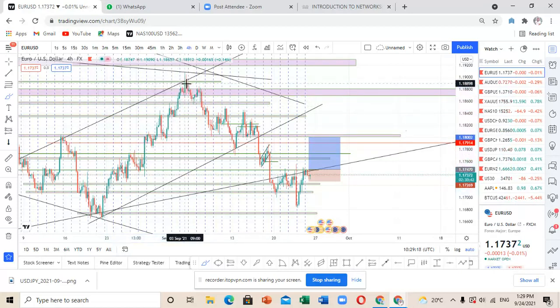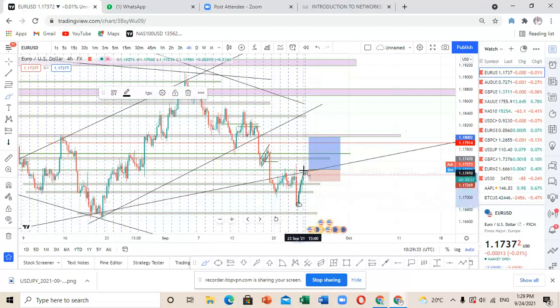So that is what we are expecting that the markets are going to do also at this particular region. So that's why you can see that I've placed in a long position, or rather a buy stop order, because I'm expecting that when the markets came from this particular area, the market rose to this point of resistance. Since it's a very strong point of resistance, the market had to come down to these particular areas. So again, the market are going to rise, creating a breakout above this particular point of resistance, and we are